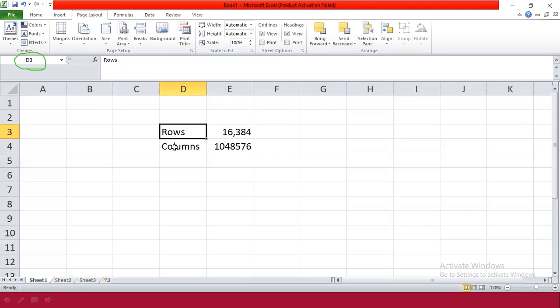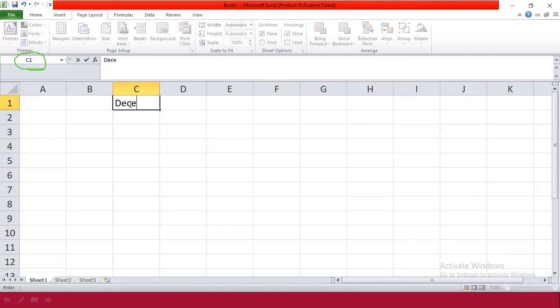So now let's begin the next session, that is entering data into the worksheet and editing data in the cell. Now, if you want to enter anything, for example, first we will create a calendar and try to understand. So this month, it is December, and I'm going to create the December month calendar. And I would like to enter Sunday, Monday vertically. So I'm going to write here Sunday.